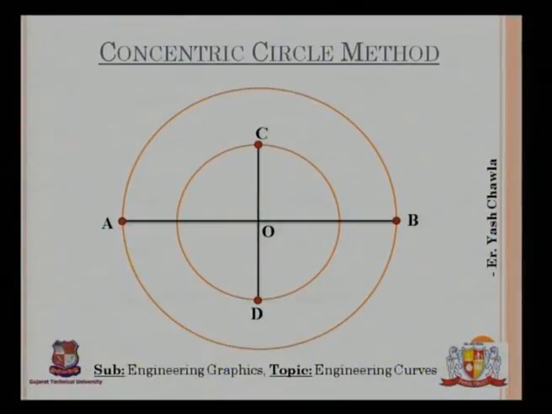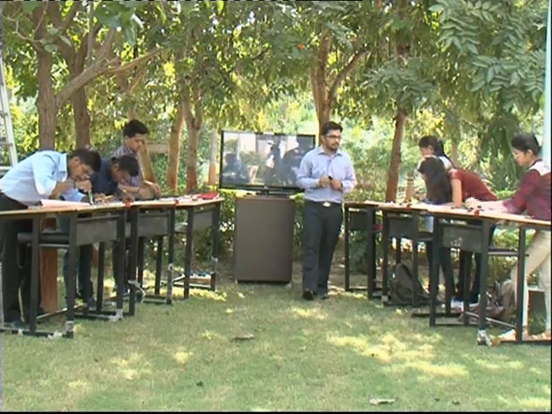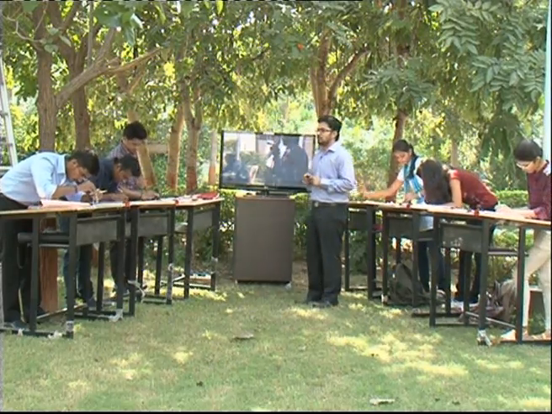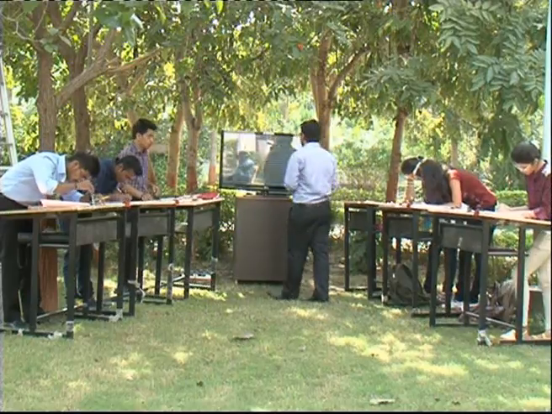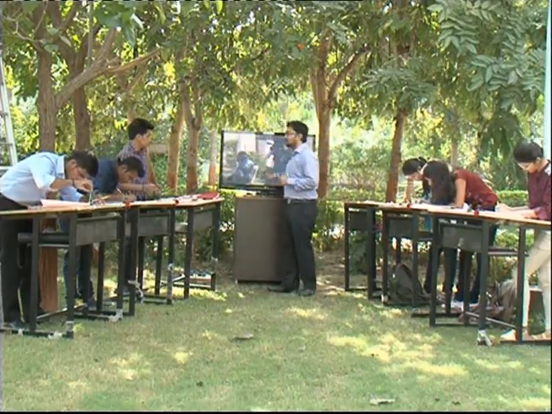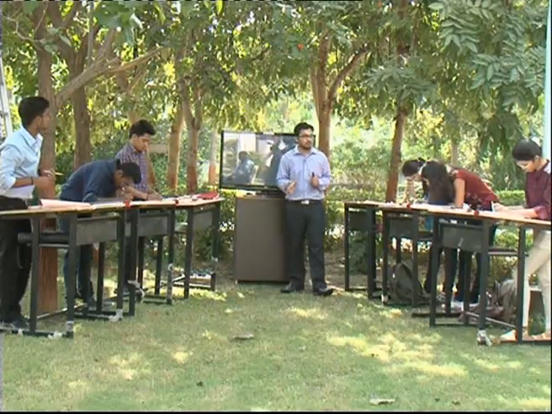what is the degree of the total circle? 360 degrees. So 360 degrees divided by 12. How much? 30 degrees. Now, starting from C, you will mark 30 degrees on the circle,